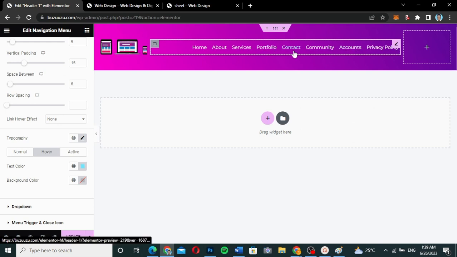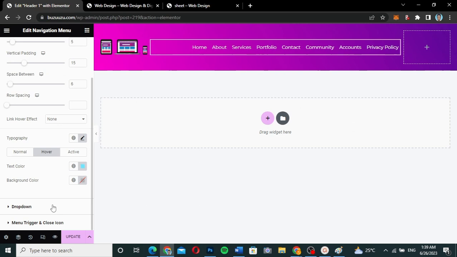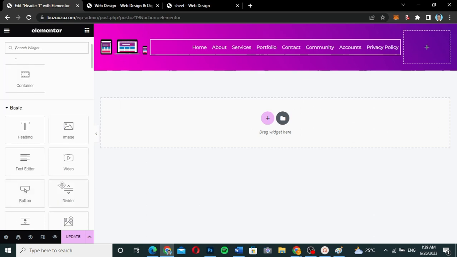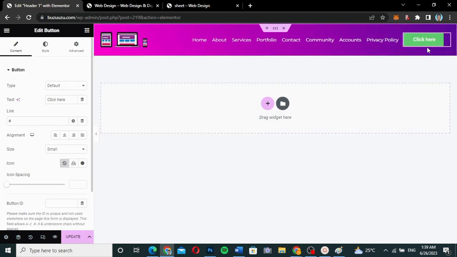So let's say I want it to be this way. Now if I want to change the background color, I can do so, but I think this one is quite okay for me. Now the next one I'm going to do is bring a button over here. I'm going to click on the plus icon, and then over here I'm going to drag in a button. As you can see, this is the button that I want. Now I'm going to write join